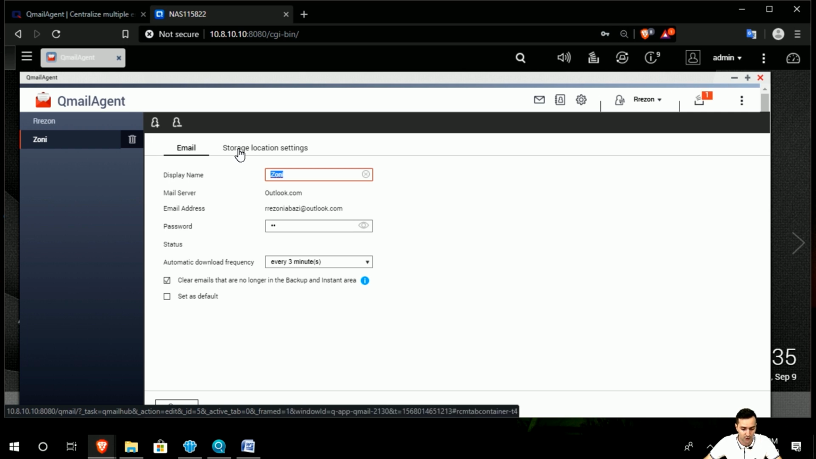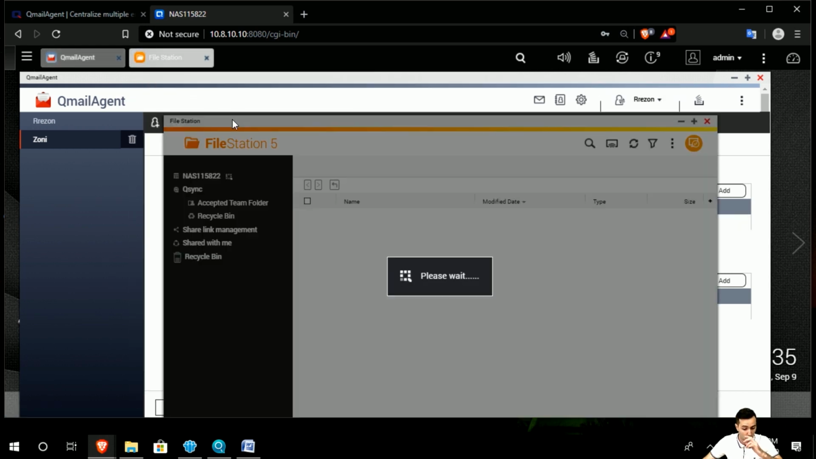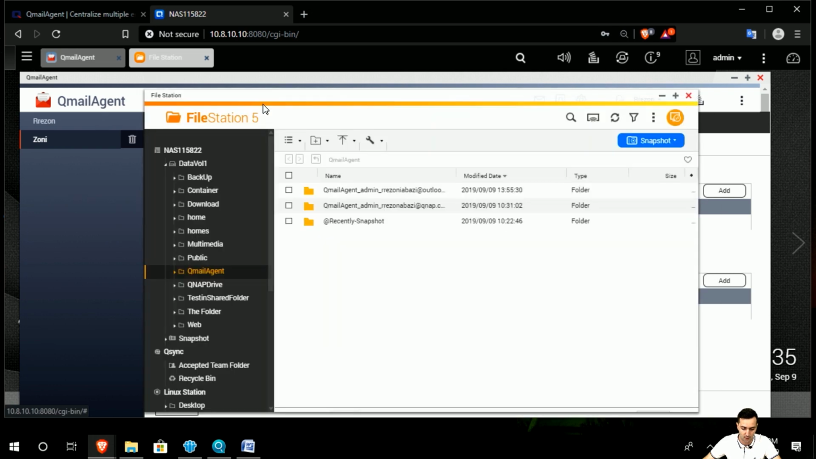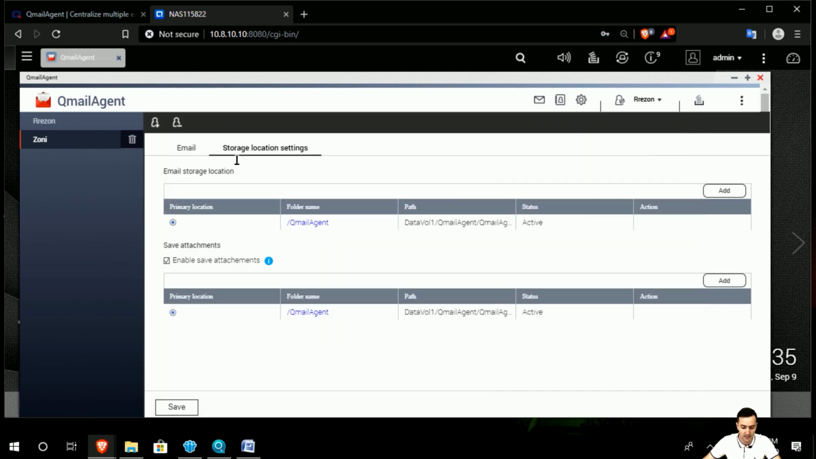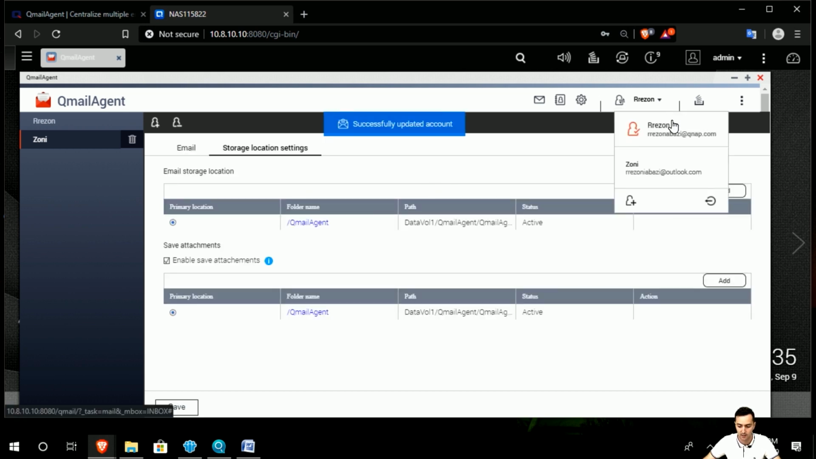But you can also manage the storage location settings. By this one, it means that the QmailAgent does a backup of your emails, and where do you store these? You can change the path in the file for the file station. So primary location, we have folder name QmailAgent, which is from the file station. We will see later on more details about it. So you can change the storage location settings here. You can change or add a new one. I'll leave it as it is and save it,